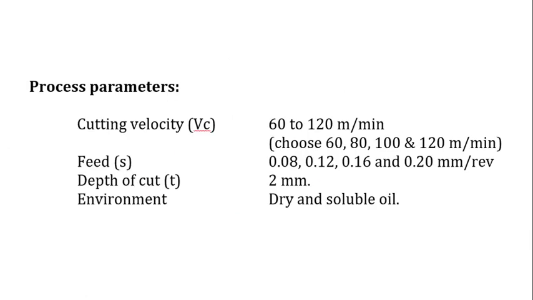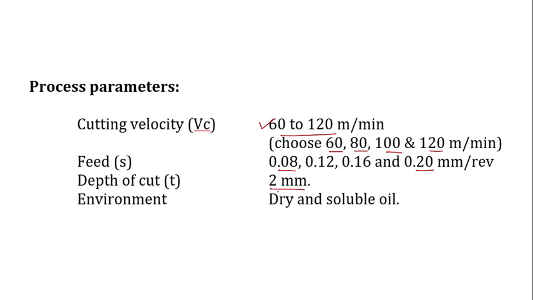Now these are the cutting parameters. 60 to 120 meter per minute. Exactly 60, 80, 100 and 120 meter per minute has been achieved because we are using a central lathe which is fitted with a variable frequency drive. The feeds are 0.08 to 0.2 millimeter per revolution. They are arranged in an equispaced manner. So this is basically simulating semi-finished machining.